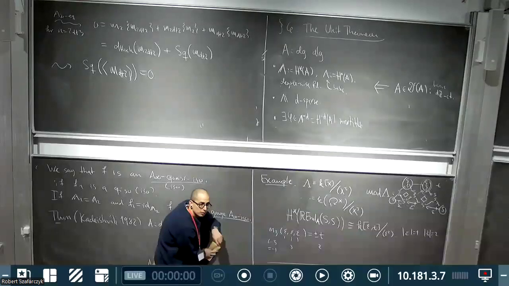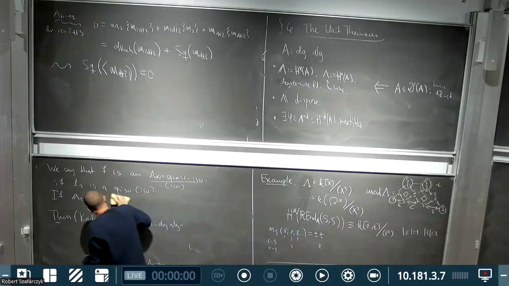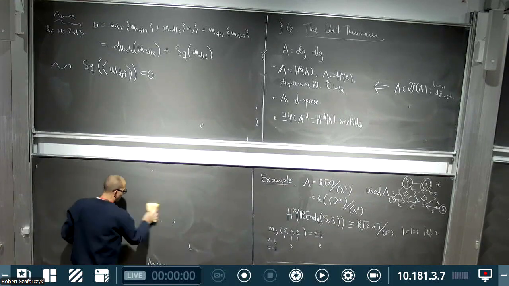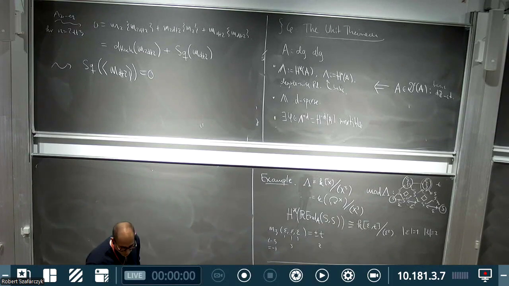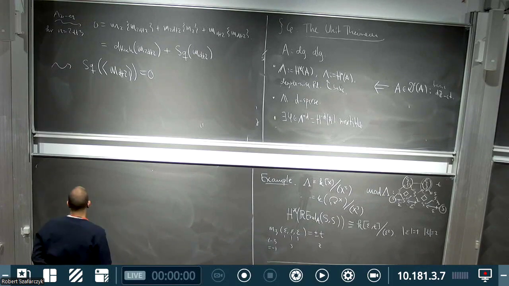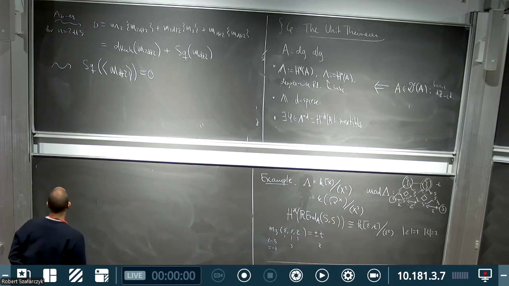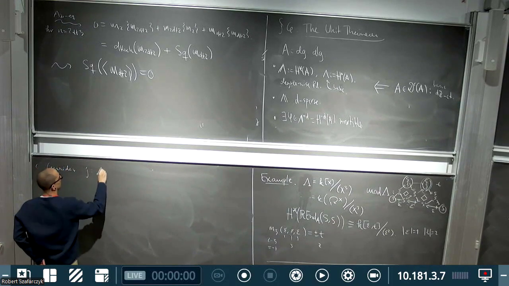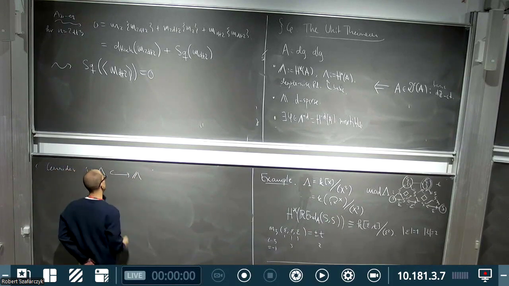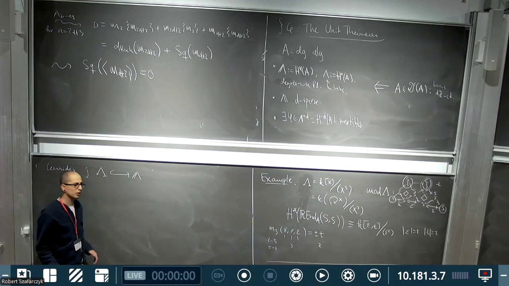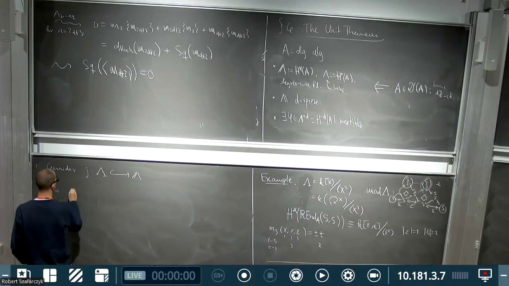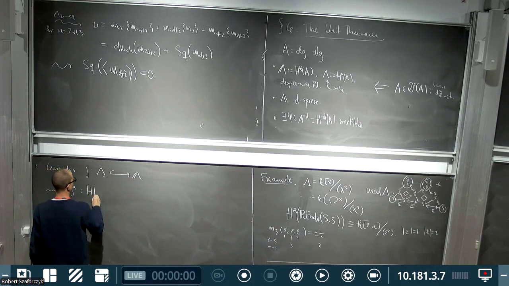Somehow I did that, and I erased it equally fast, or even slower, perhaps. Okay, so right. So yes, consider J, the inclusion of the degree 0 part of the non-boldface lambda into the boldface lambda, so the inclusion of the 0 cohomology. This induces a map by restriction from the Hochschild cohomology